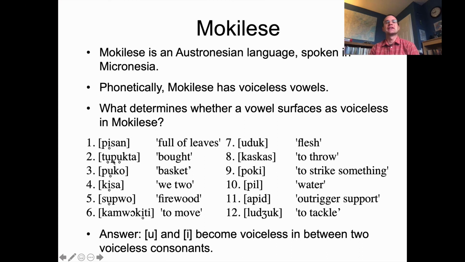Every single time we get an E or an U in between voiceless segments, it becomes voiceless. At least that's how we interpret it, right? And there's no contradictions to that on either side of the equation here. In reality, though, if we're looking at this phonetically, we might make measurements of these voiceless vowels and say maybe they're partially voiceless, or in some cases partially voiceless, in other cases completely voiceless, and so forth. We might get a little bit of quantitative variability there. In this phonological approach, we're just getting, oh, nope, it's all or nothing, whatever rule might be on either side,